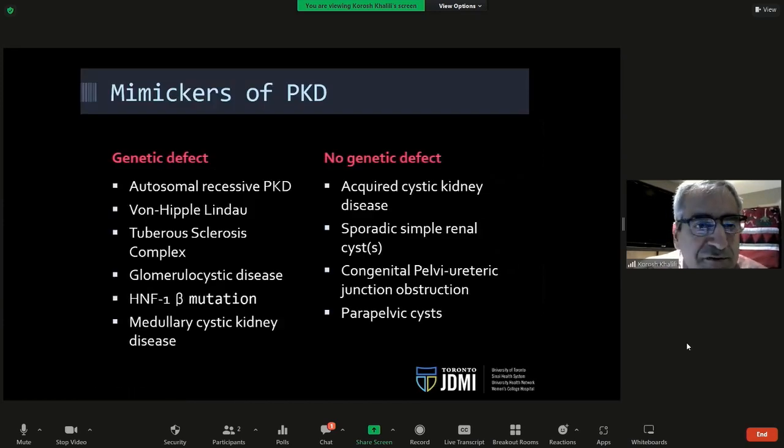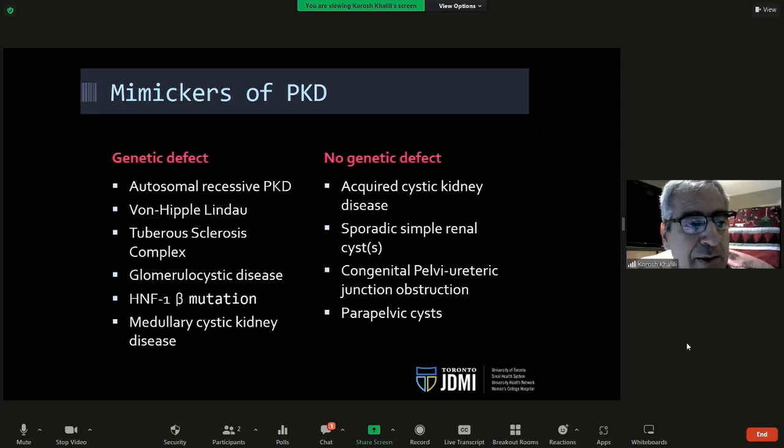So not all cystic disease in the kidneys is polycystic kidney disease. And in fact, what I want to say to you, as somebody who has looked at people's kidneys every day over the past 20 years, is that development of kidney cysts is really a normal part of human aging. When we're born, very few of us, if any, will have cysts. And by the time we reach the age of 50, very likely you will have cysts in your kidneys and or in your livers and or in your pancreas. So developing cysts in the kidneys themselves is not